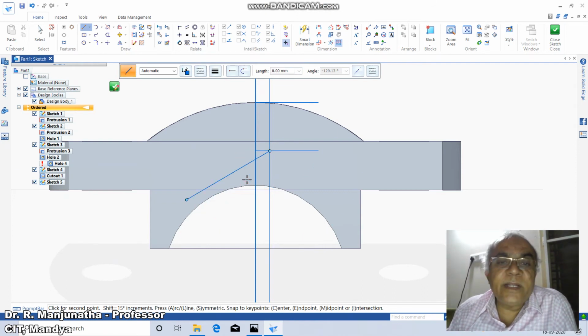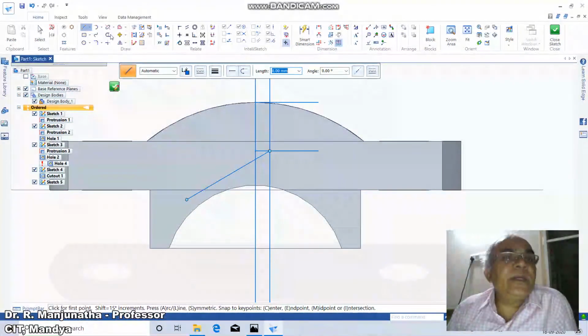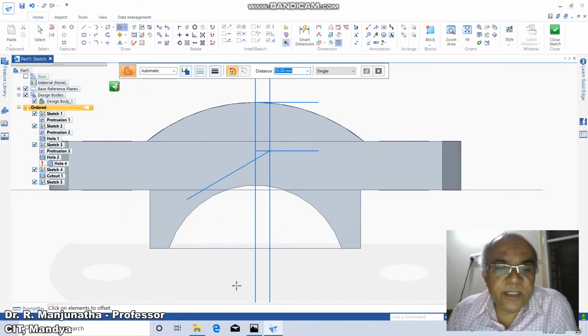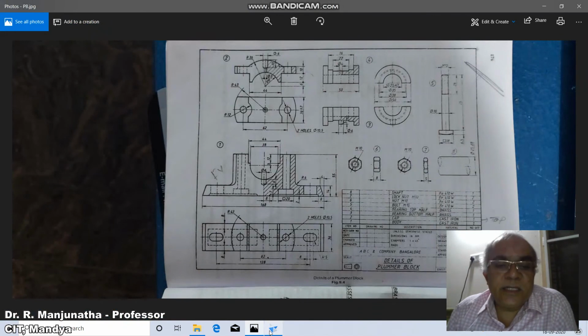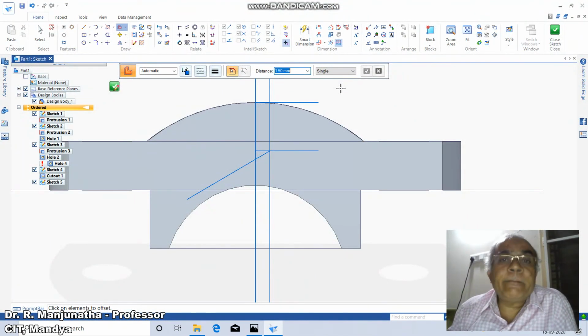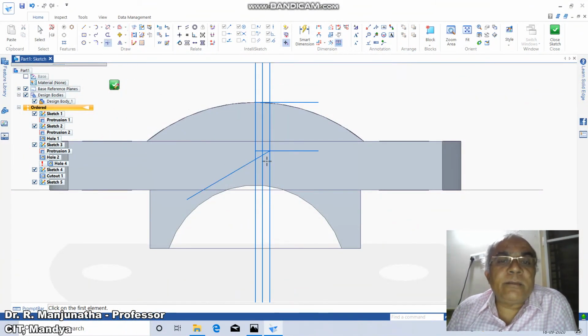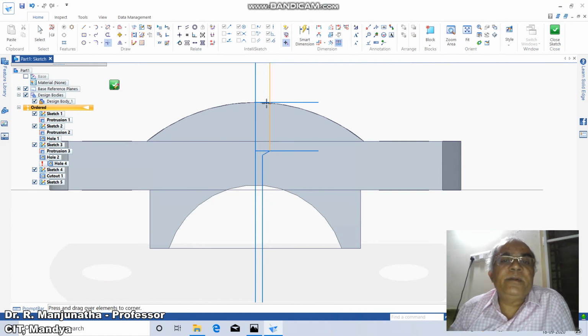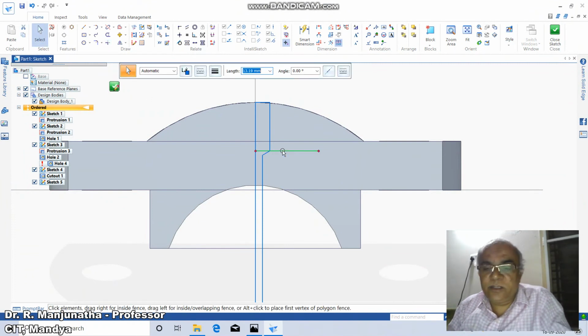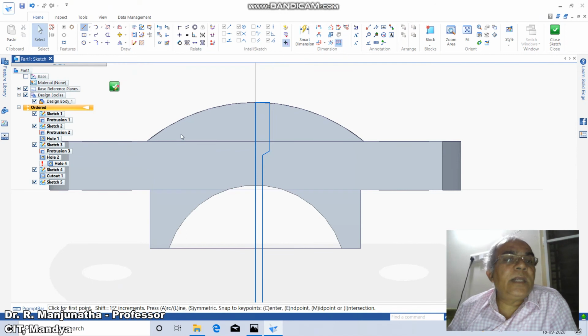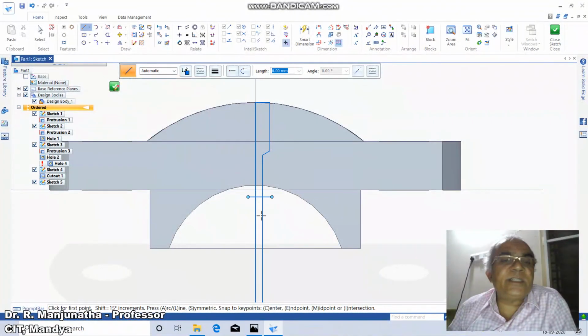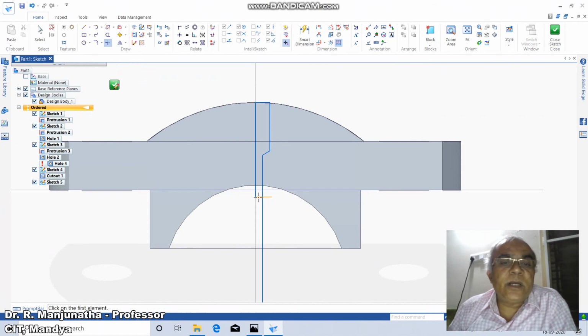Then from here go to Line, take the intersection point of this, take 20 mm, angle minus 150 degrees. Again take Offset, since this diameter is 3 at the second stage, take 1.5. Then go to Trim Corner between these two, remove it, and similarly between the other pairs. Then go to Select, remove this, then go to Line and draw a horizontal line at any distance so that it crosses this, then Trim Corner between these two and between these two.